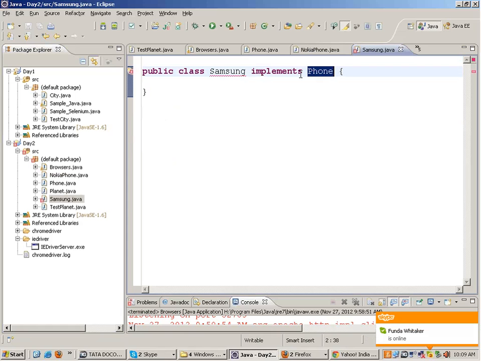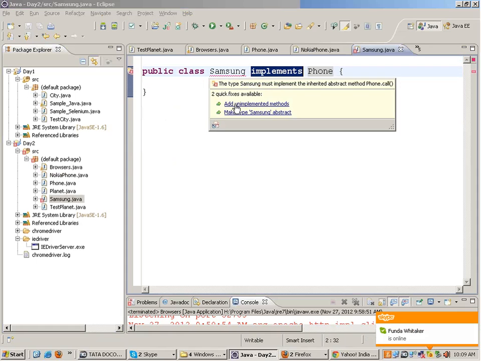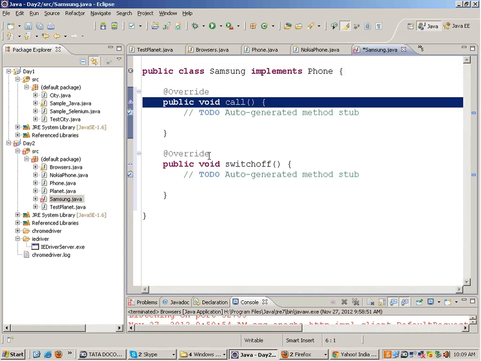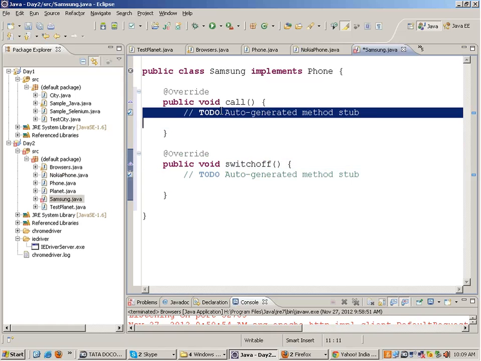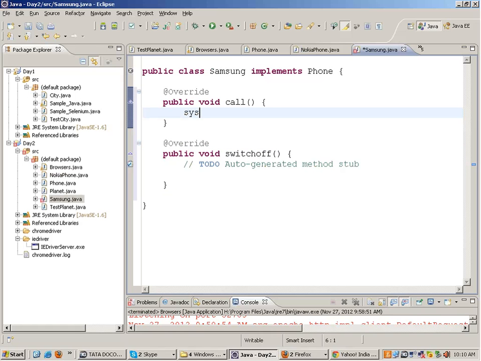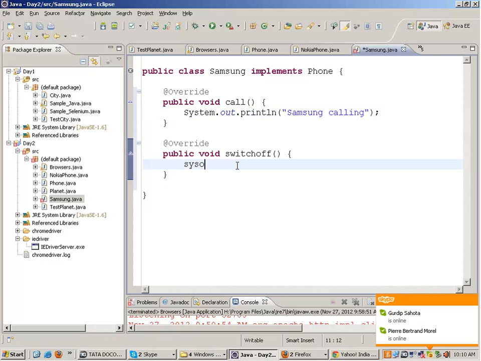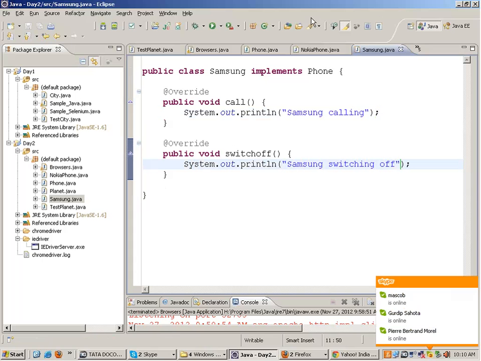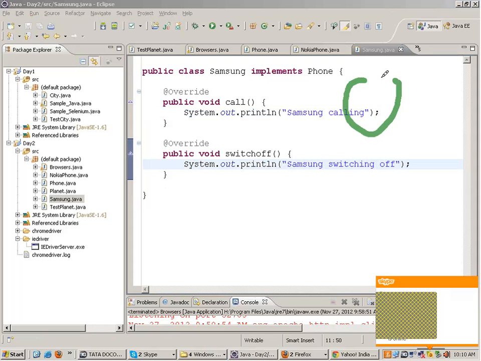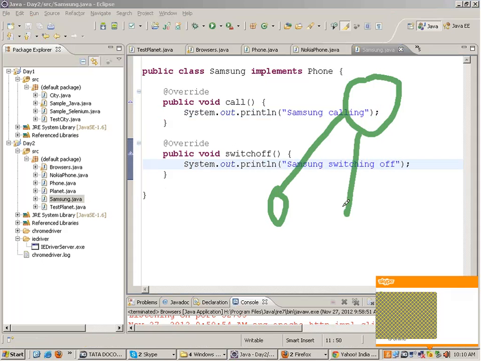So as soon as it implements the phone interface, it will have to implement the unimplemented functions out here, right? And you can write out here Samsung calling, and you can also write out here Samsung switching off, right? So technically what I have done is I've created one interface and two classes are implementing that